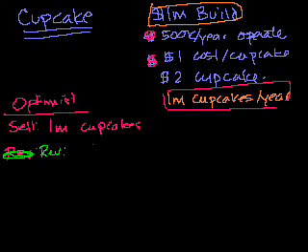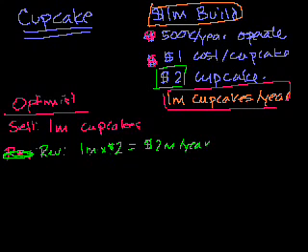So what would be my revenue? Well, I'm selling 1 million cupcakes, and this is my optimistic scenario. Let's say I am able to charge $2 per cupcake. Obviously the whole discussion is what happens to this price over a bunch of different scenarios. So my revenue is equal to $2 million per year. I produce 1 million cupcakes per year.